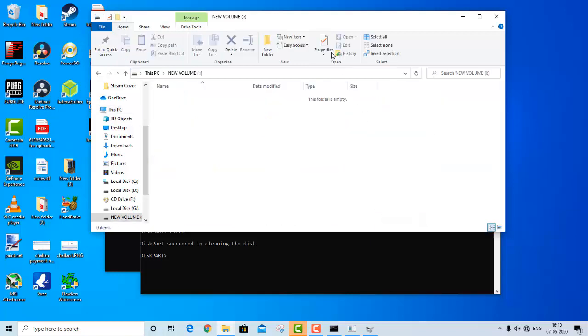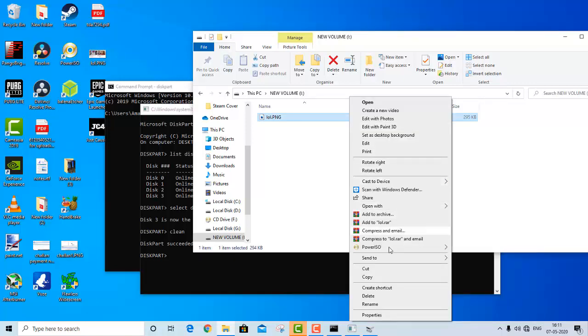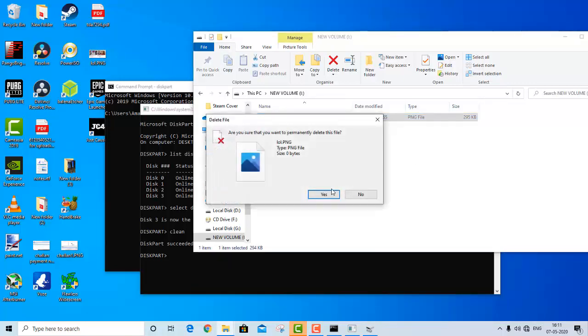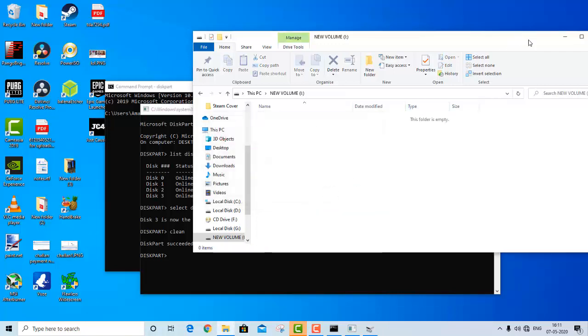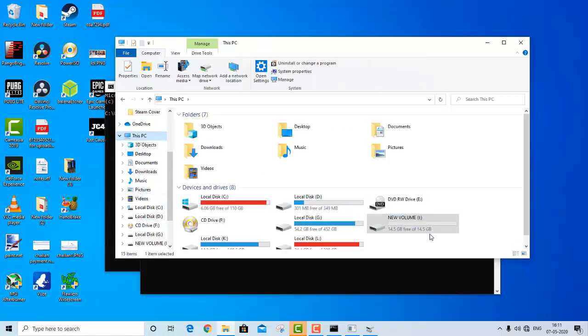So I'm showing this picture here to show you that I can write something in this flash drive.